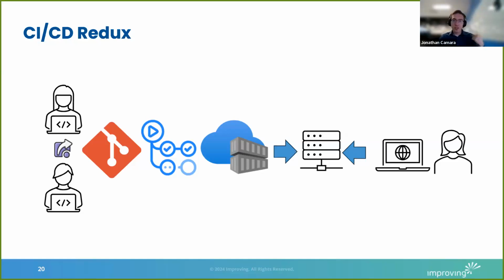Now, this gets us back. At this point, we've now successfully separated the build and deploy part, and we're back into a more familiar CI/CD type paradigm. But we could go a little bit further. You see, if we bring in an orchestrator that could be notified of the changes, deploy the updated application, and handle the automated rollback and scaling,